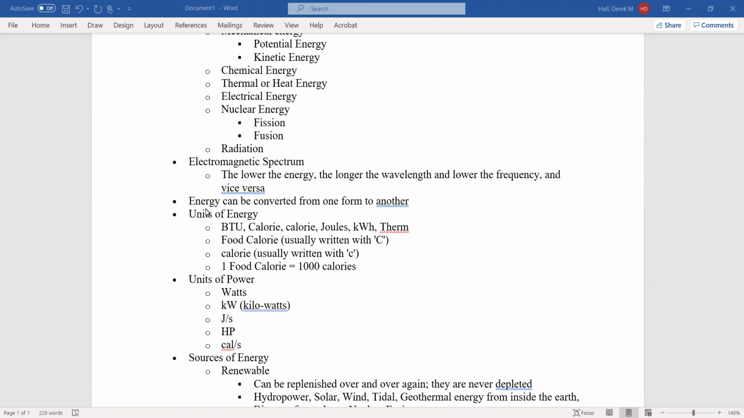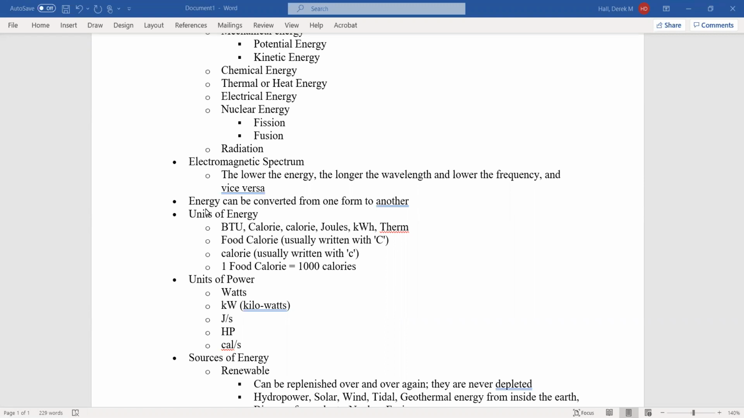Another important factor is that there are some key units that we use to understand energy and quantify it. And we will switch between a lot of these throughout the course. Some of these are BTUs, calories with a capital C, calories with a lowercase c, joules, kilowatt hours, and therms. So each of these are important and quite often used in different fields. So you have to be comfortable with each of these because you'll likely see it many times in many different